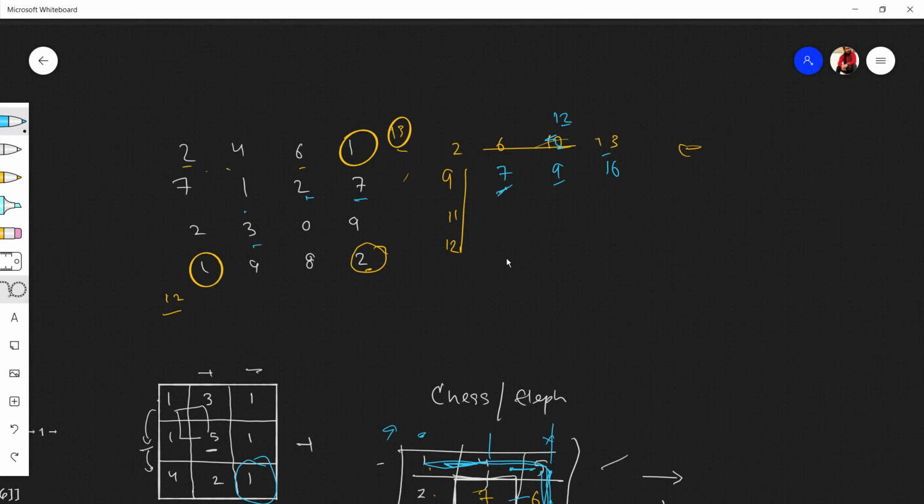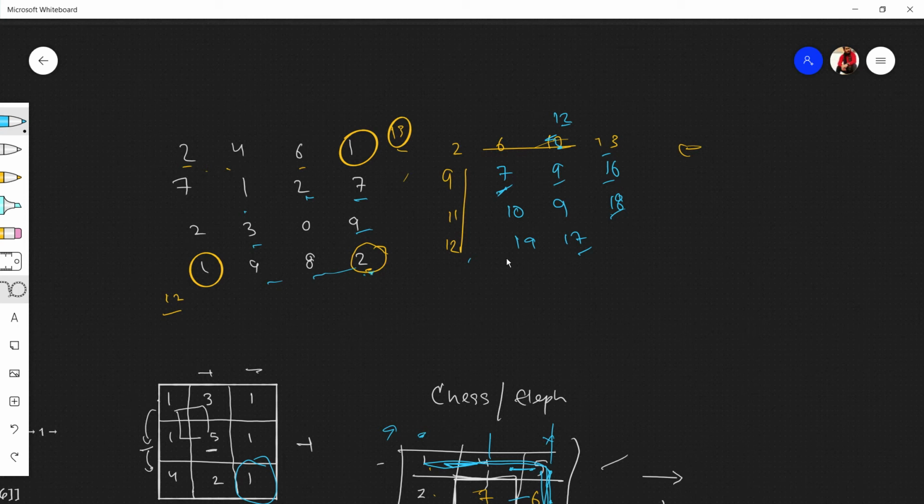Now checking for this cell, 7 and 11, which is smaller? Obviously 7, token amount 3, 10. 9 and 10, smaller is 9, token amount again 9 because token amount is 0. Again 9 and 16, which is smaller? 9, token amount 9, 18. 12 and 10, which is smaller? 10 is smaller. Okay, the token amount 9, 19. 9 and 9, 19 and 9, which is smaller? 9 is smaller, 9 and 8, which is 17. Okay, 17 and 18, which is smaller? 17 is smaller.